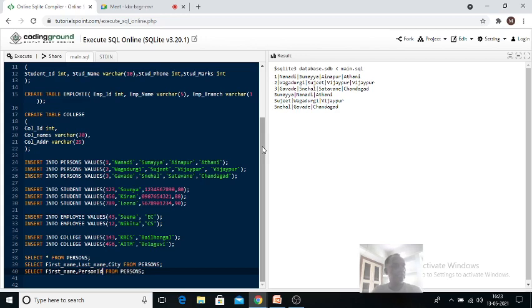Okay, I need first name and person ID from the persons table. What I'll do, I'll execute this. See here now, Sumaya is the first name and ID is 1. Sujit is the first name and ID is 2. Snehal is the first name and 3 is the ID. However you want, you can see the values. Is it clear now? Understood?